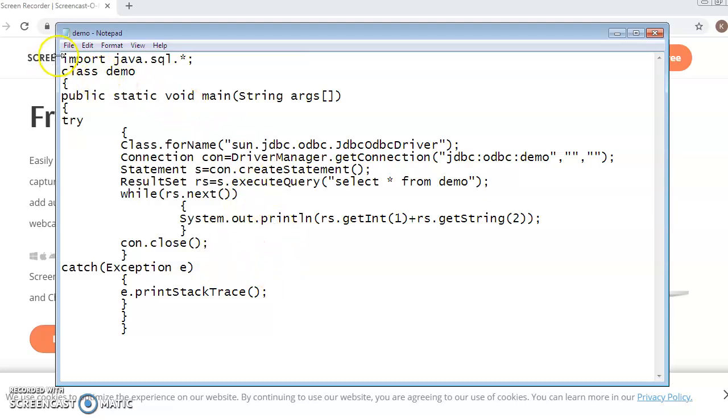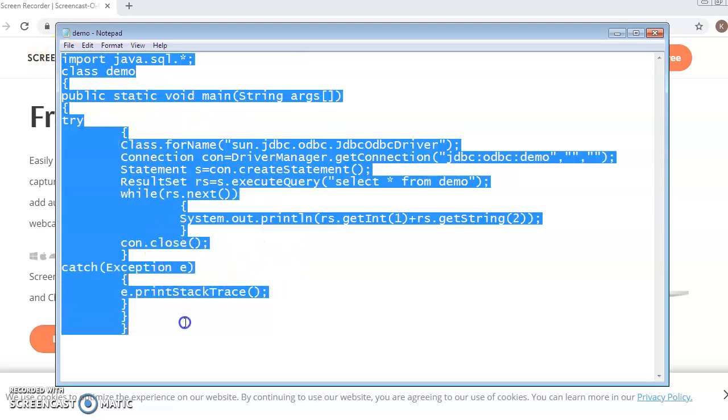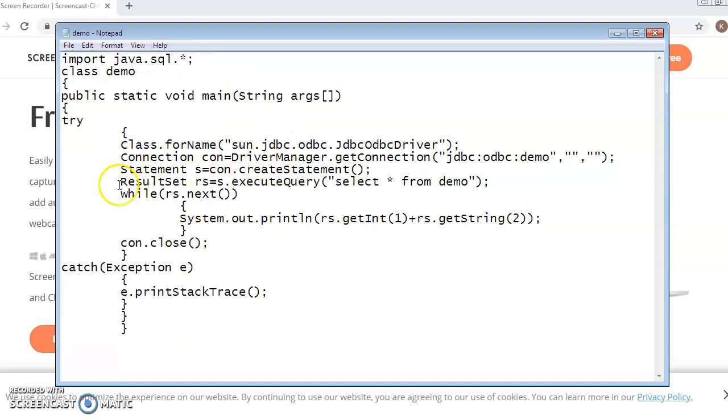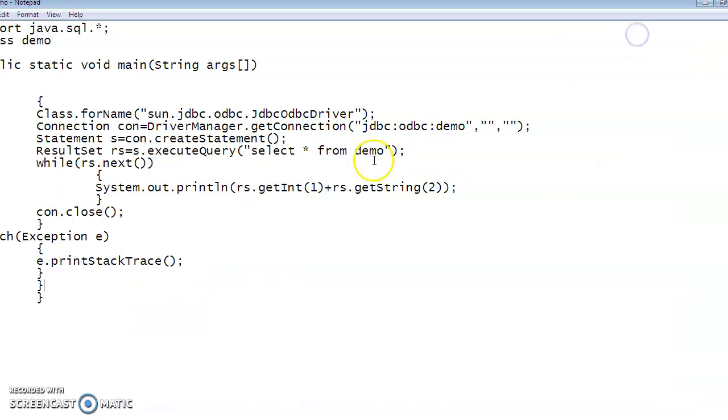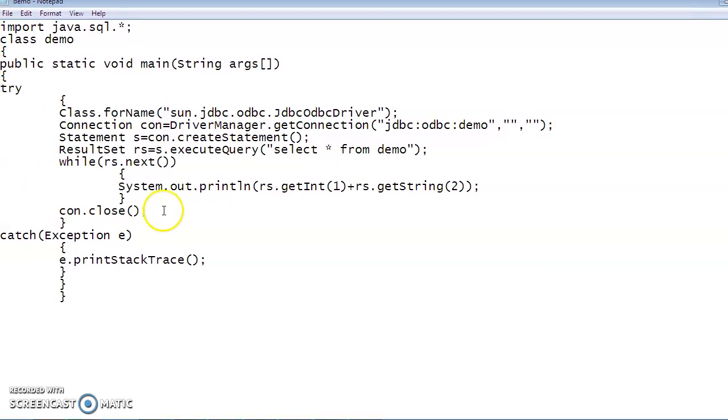So this is the Java application. You can see here I am highlighting this. This is the Java application, which we are going to connect with MS Access 2007. I have used it here, so better you go with 2007 only. Just a moment, because things are out of the screen. Yes, I hope it is clear to everyone now.